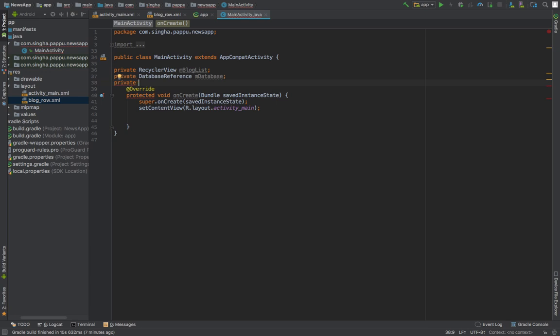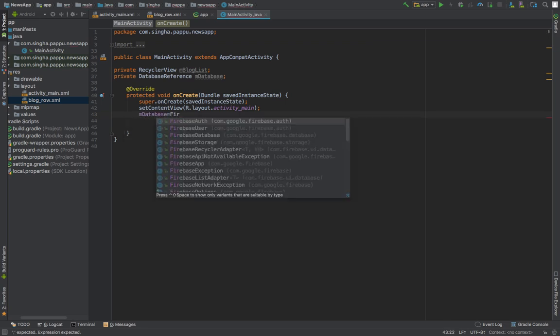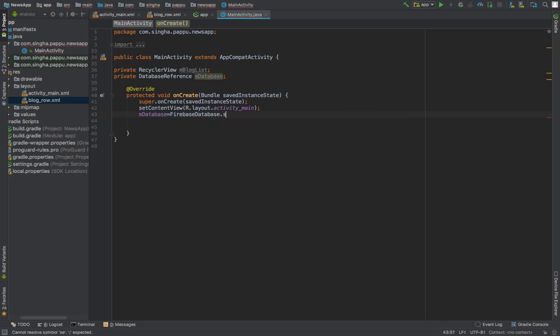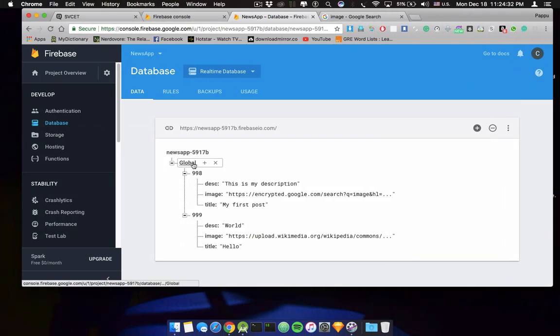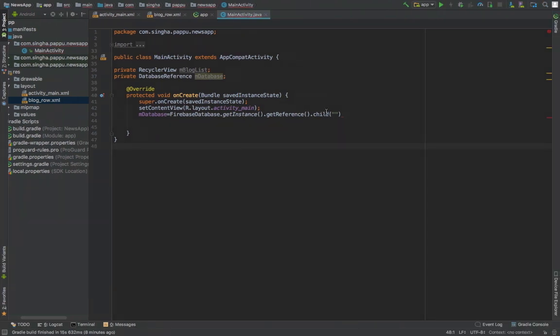Obviously I need those text views, and I can declare those later. First of all, we need to get the data. For that, just declare the Firebase database, and then get instance, get reference from which child. We need to do this globally, right? Just declare it global, and we need to